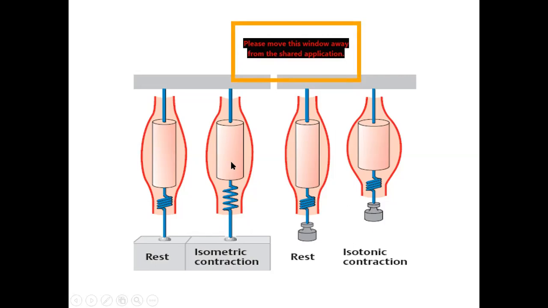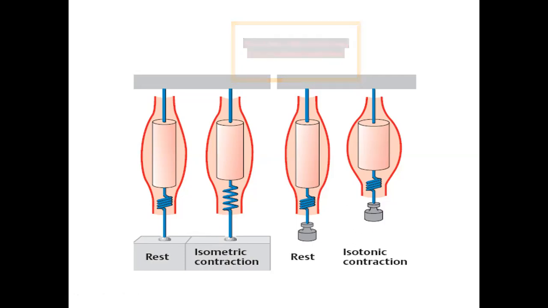The tension generated by the series elastic component is called the passive tension. Both are going to be increased, and therefore tension is going to be increased in isometric contraction,